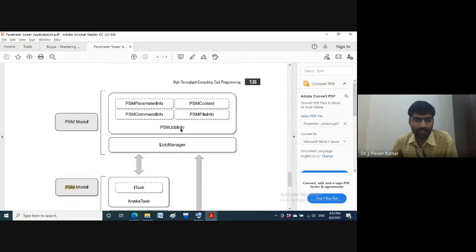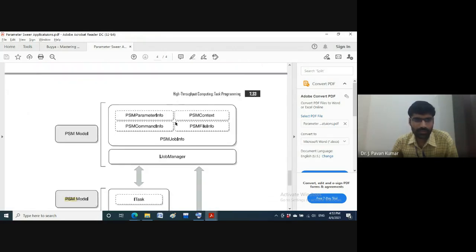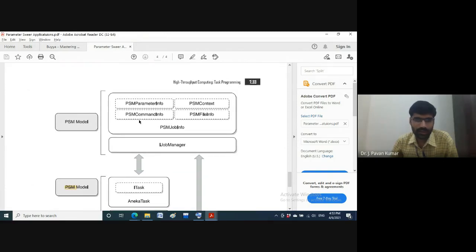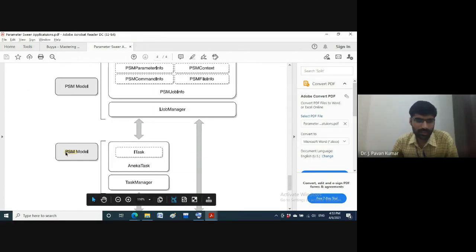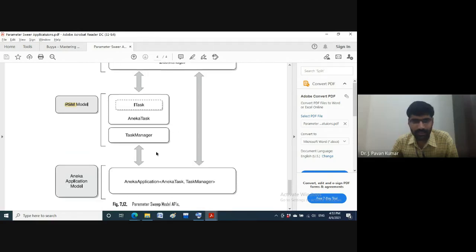Okay, here earlier I told you right at the beginning of this class about 3 layers. One layer is the PSM model, another one is the task model, another one is the Aneka. So the same 3 you can observe here. This is the PSM model. This is the task model. Actually, this is given wrong. Task model, this one, where we are having iTask, which is embedded in Aneka task, and we will be having the task manager.